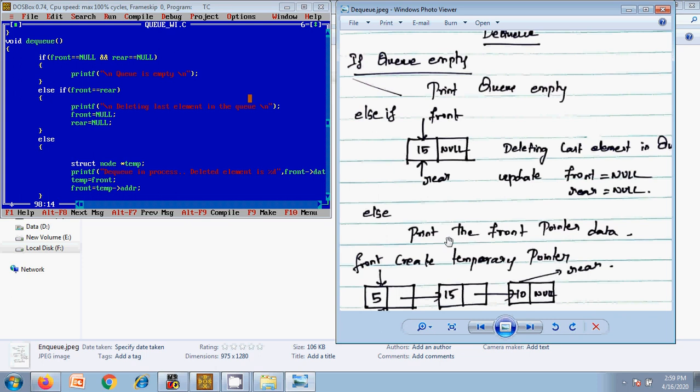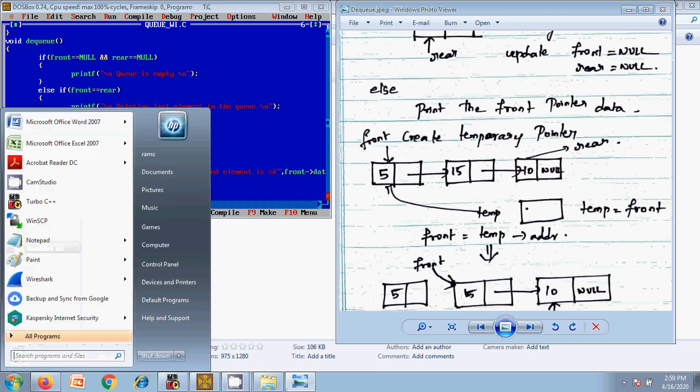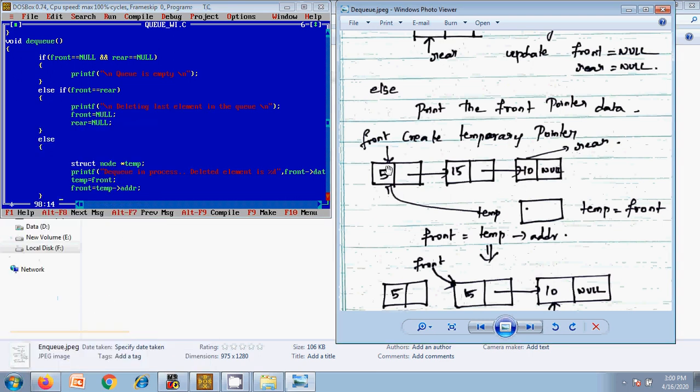And if not, the regular case, right? So elements are there in the list, and what needs to be done is, look, here front is holding the value of 5 and rear is holding the value of 10, and I want to delete 5 because the front value needs to be deleted.